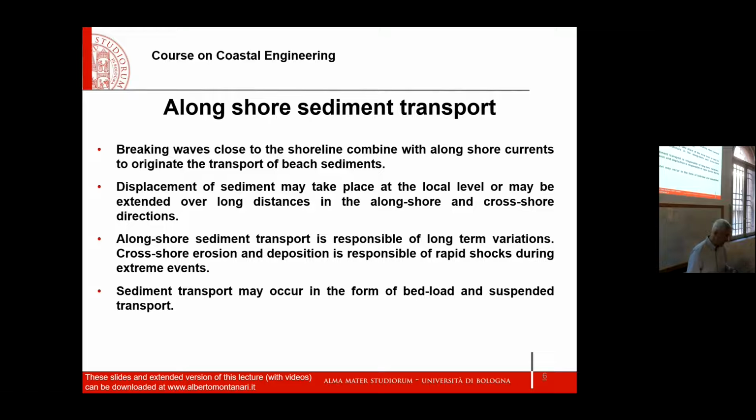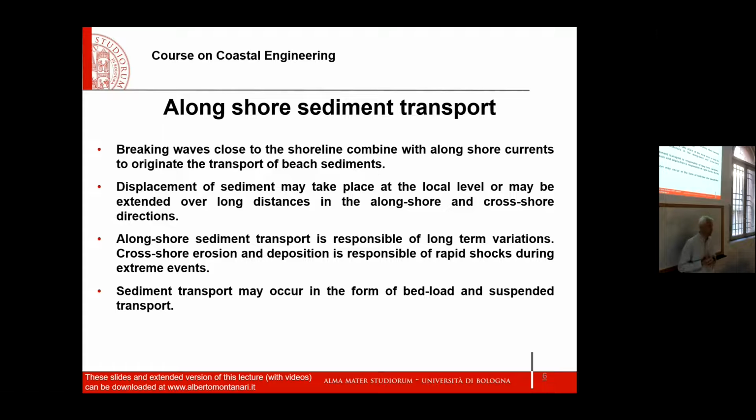Because in terms of spatial scale, we already mentioned that we refer to the part of the sea and beach that is comprised between the swash zone and the bar, the breaker line, okay? And this is the spatial scale. And the time scale is typically that of a season or a single storm. So the cross-shore sediment transport usually undergoes big changes in different seasons and big changes between the storm event